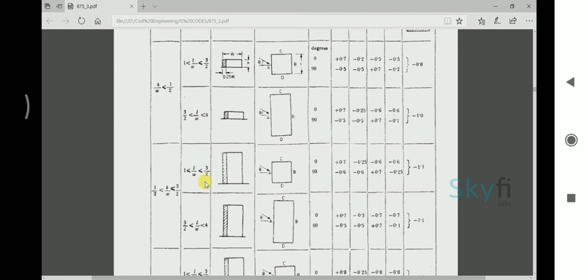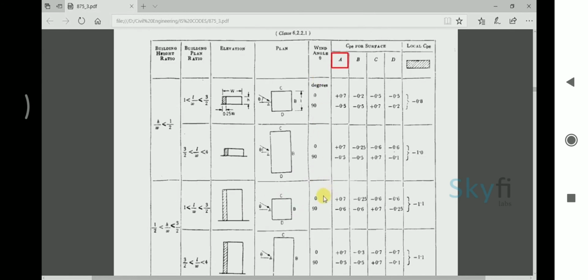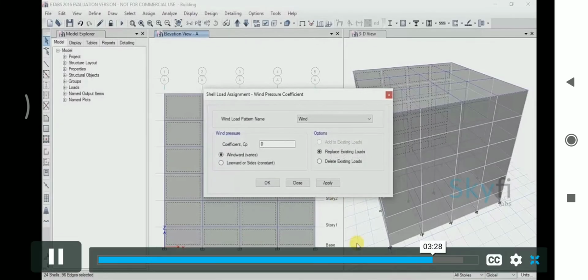Now the surface wind pressure coefficients are different for different surfaces of the building. As you can see, the surfaces are depicted as A, B, C, and D, where A is the surface on which wind is hitting perpendicularly. If you correlate these surfaces with the elevation sections of the building model in the software, surface A is elevation section A, surface B is elevation section D, C is 5 and D is 1. Since the wind is hitting perpendicularly, the wind angle is 0 degrees and the coefficient for surface A is +0.7. You had selected the elevation section A in the software. So go there and give the value of +0.7.